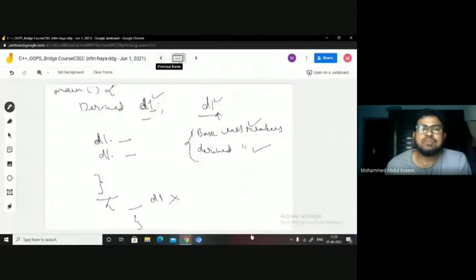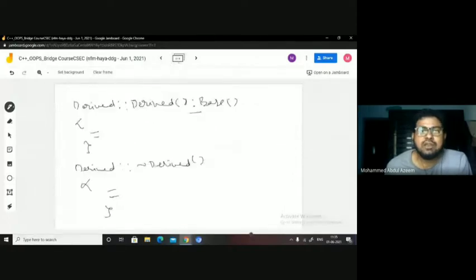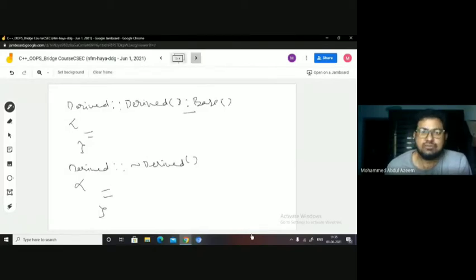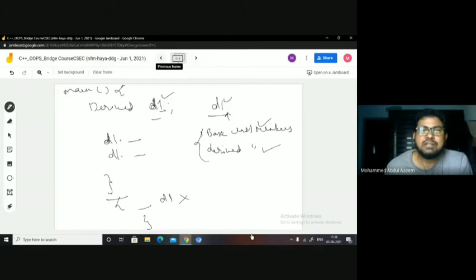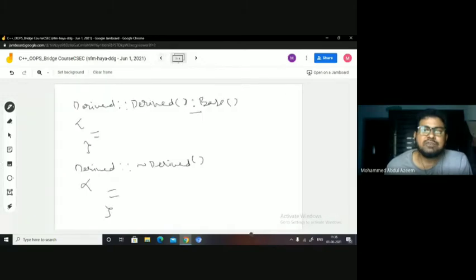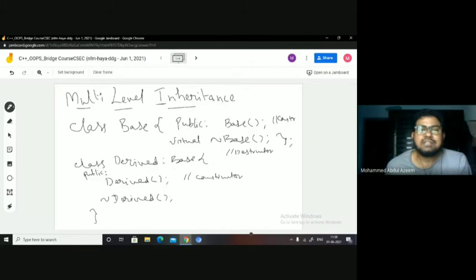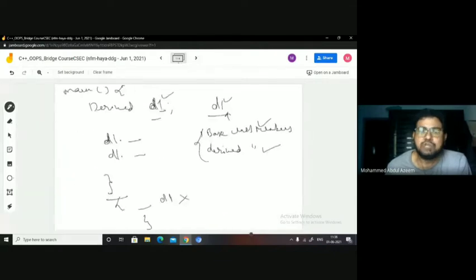Whereas in the construction process, you must have seen that the base class constructor is called first, then the derived class constructor is called. Yes or no? But in the destructor process, first the derived class destructor is called and deallocates the memory occupied by the derived class members. Then the base class destructor is called because it is virtual automatically. It will free the memory occupied by the base class members as well, which is associated with that particular derived class object. I hope this is clear. The concept is clear to all of you.